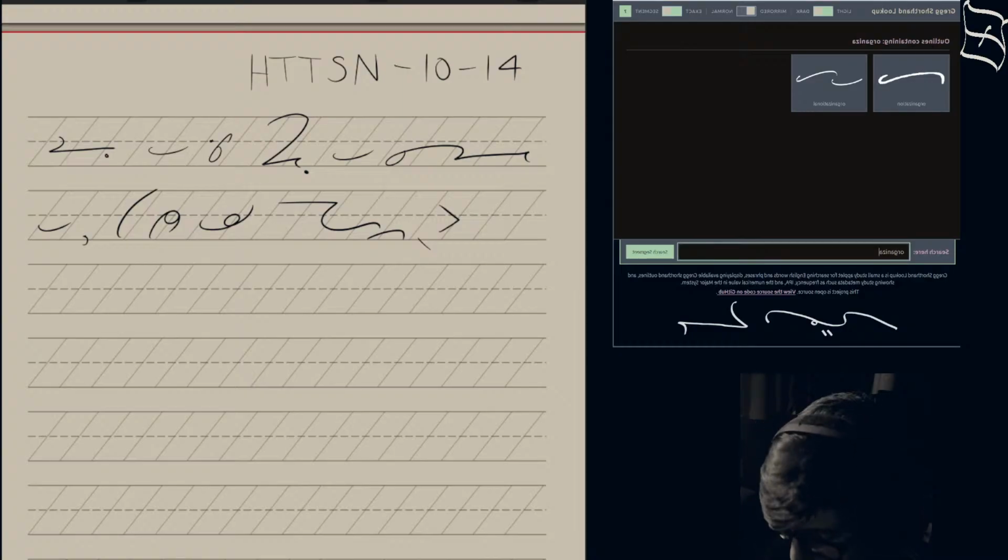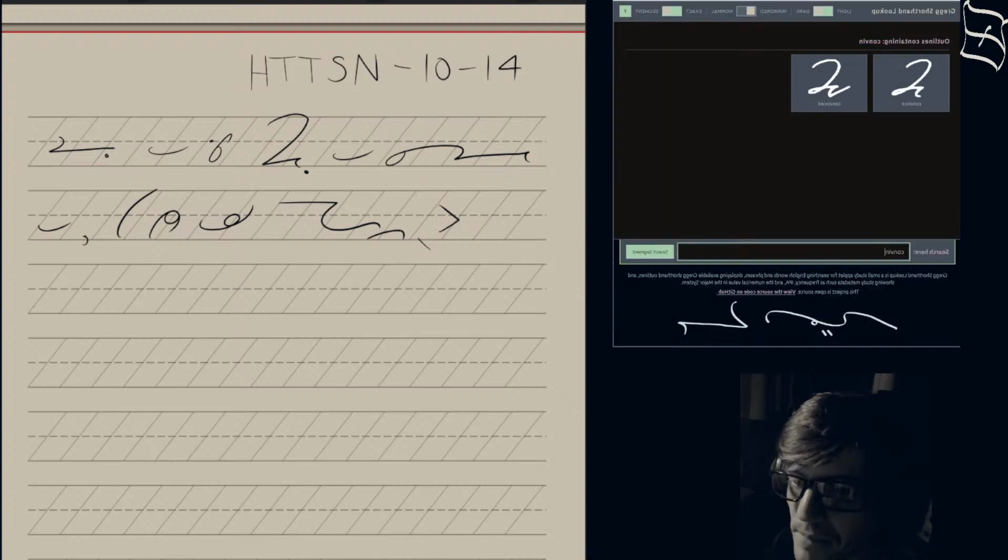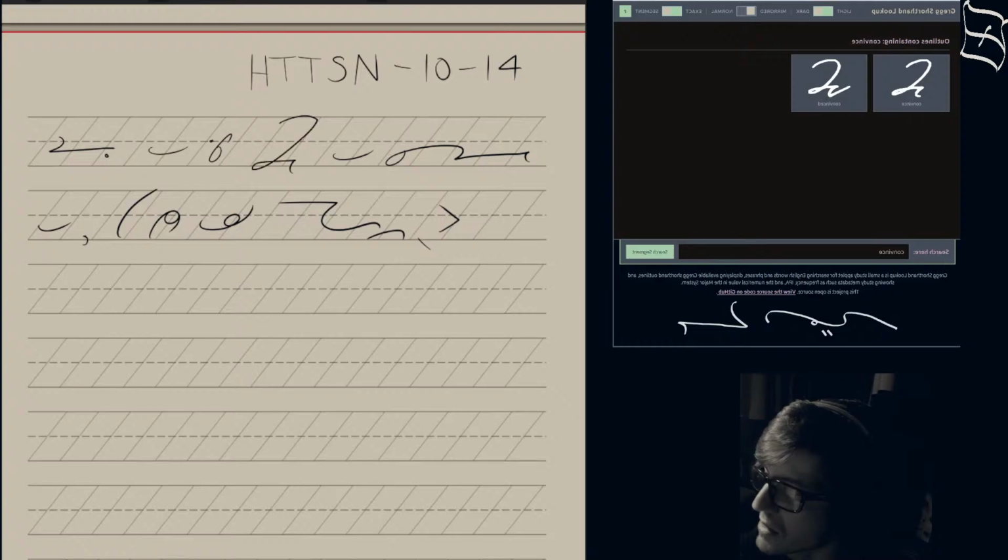Let's look up convince. Yes, convince just requires an E stroke after this, so there we go. How convincing our arguments are, but that is rather impractical.